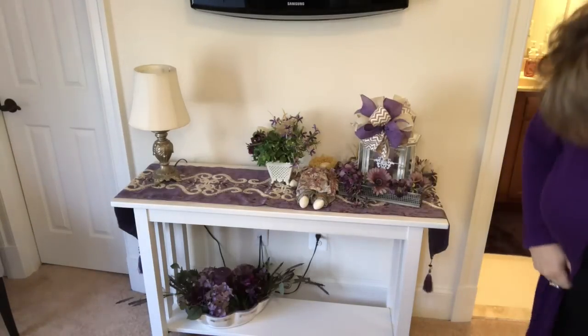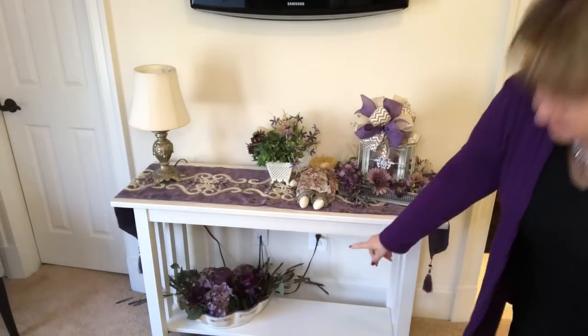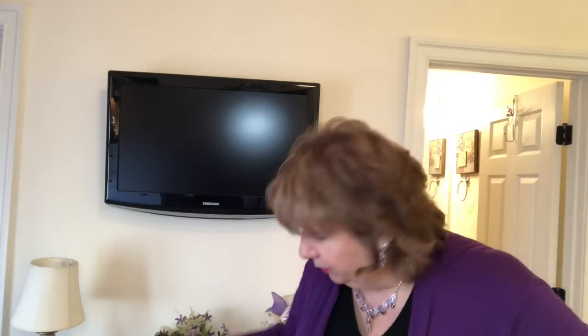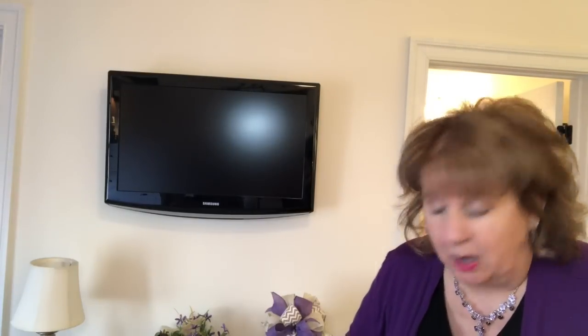Here we go. You can kind of see the TV up here. Chris, we put this TV up here because my dad loves sports. He watches all kinds of sports. So Chris actually drilled a hole in the wall and snaked all the wires down through the wall and has them coming down at the bottom. Some of my stuff covers them, but